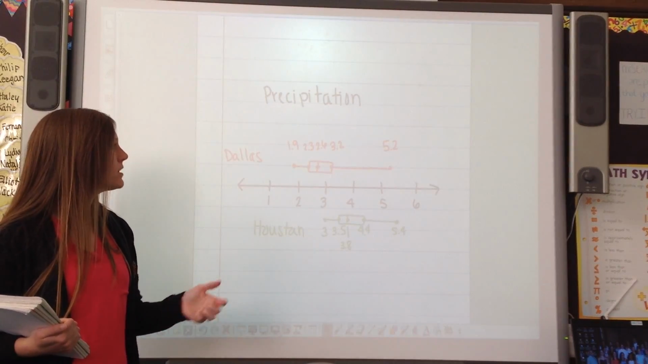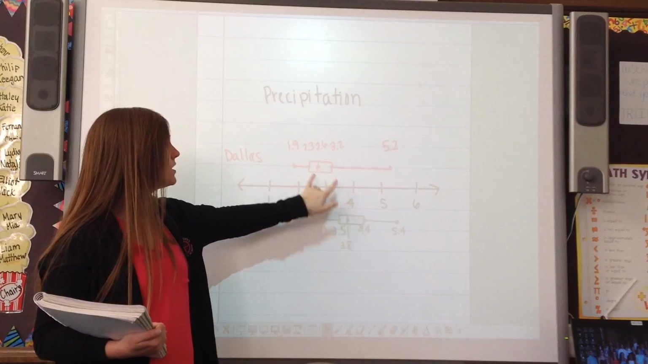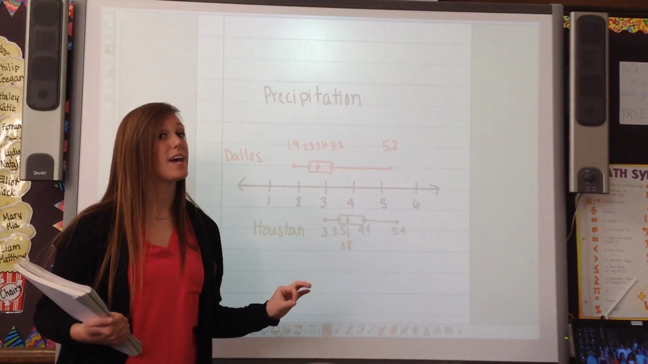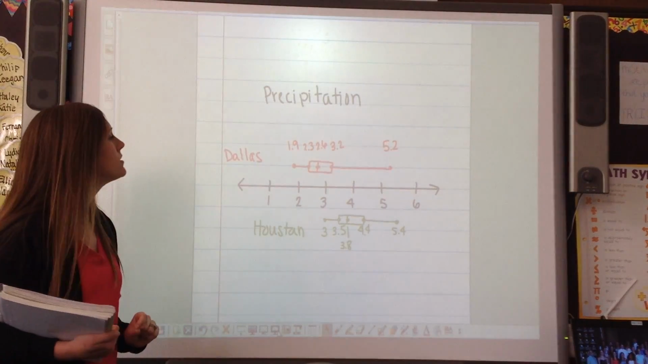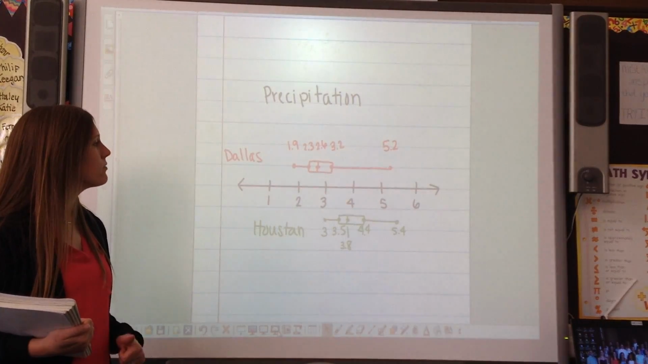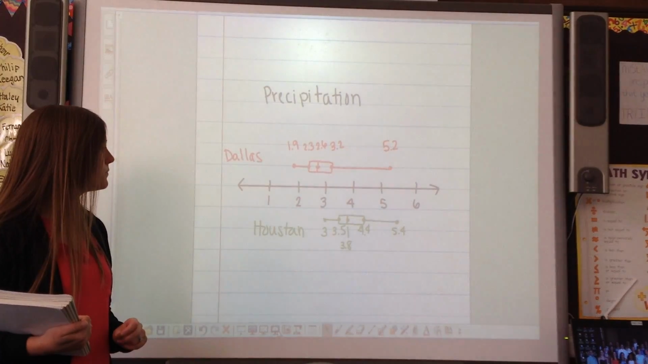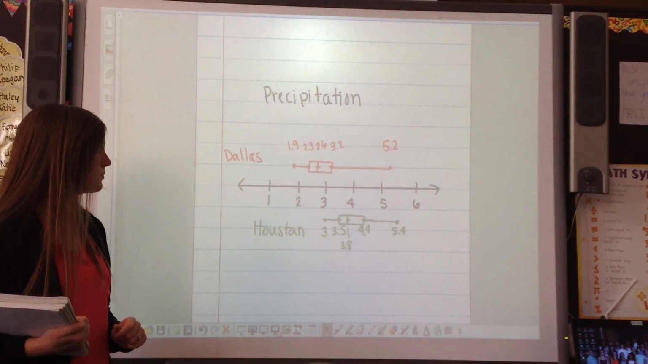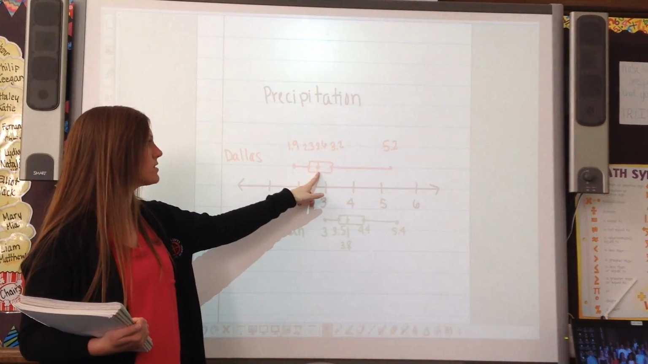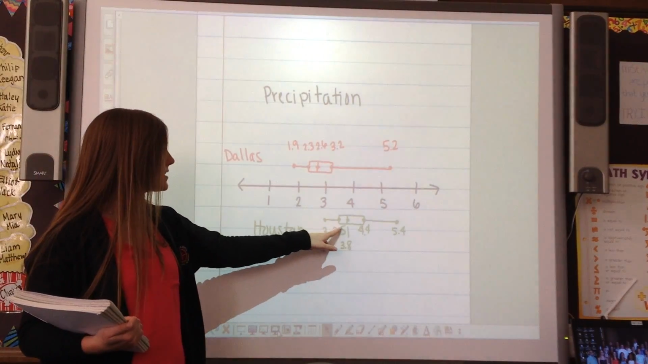I can see that the middle of Dallas, the middle of precipitation, is between 2.3 and 3.2 inches. And the median, the middle for Houston is 3.5, 4.4, so I can tell which ones had more rain and which ones had less. So you should have found, I asked you to find the range, the median, also find the interquartile range. And then answer this question. How many times did it rain more than 2.6 inches in Dallas? How many times did it rain less than 3.5